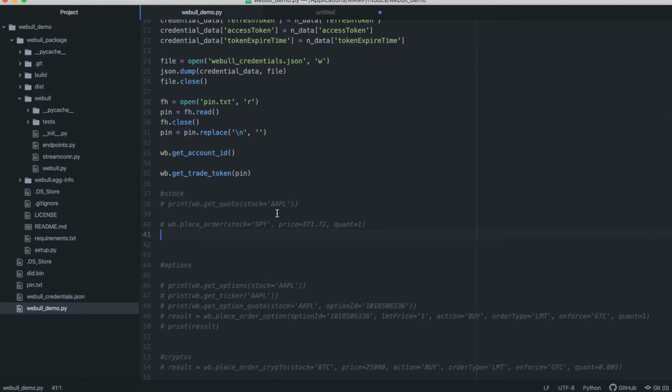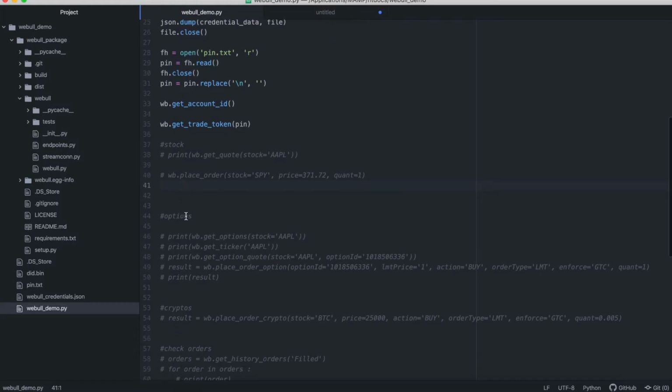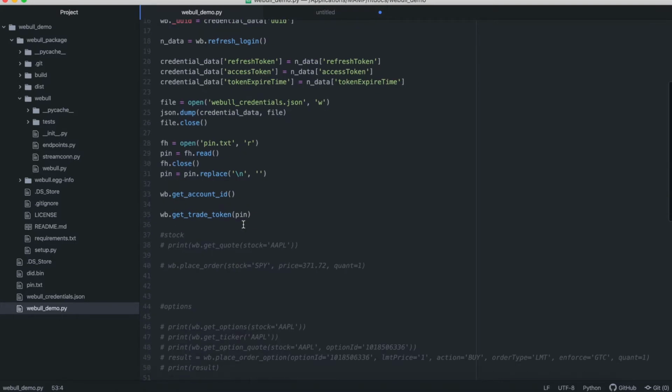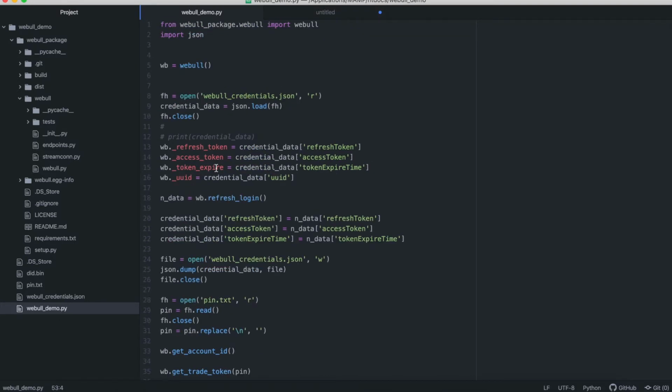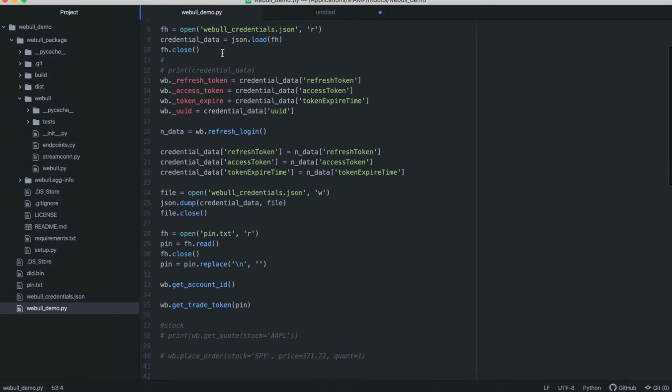I would like to demonstrate sending orders for buying and selling of the stock itself, buying and selling options, and lastly, there's a new feature for cryptos. Webull has recently, I believe it's later this year, started supporting buying and selling cryptos. So let's begin with stocks first, and this part of the code on the top is just the part where we have